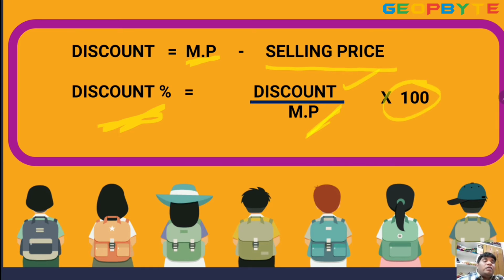Okay, now discount meaning: this market price works as a cost price. Discount means you got a loss as a shopkeeper. In profit and loss, you are the shopkeeper, not a customer. Okay, children. Discount is market price minus selling price. Discount percentage is the discount compared with market price into 100. Okay, children. Right.